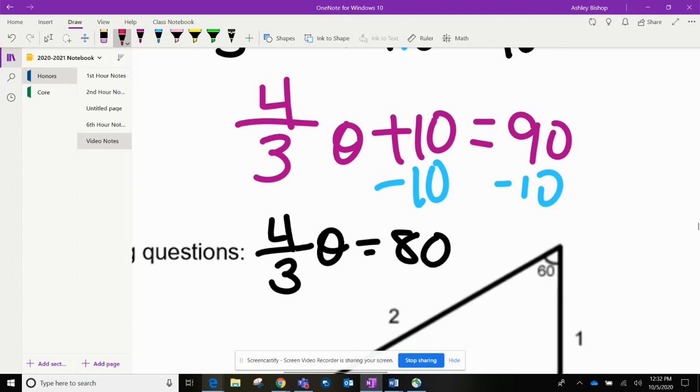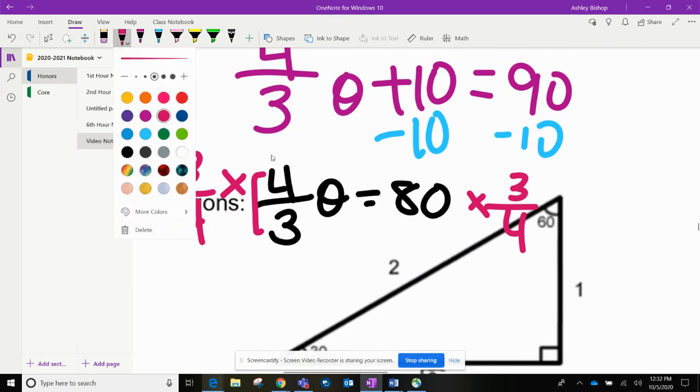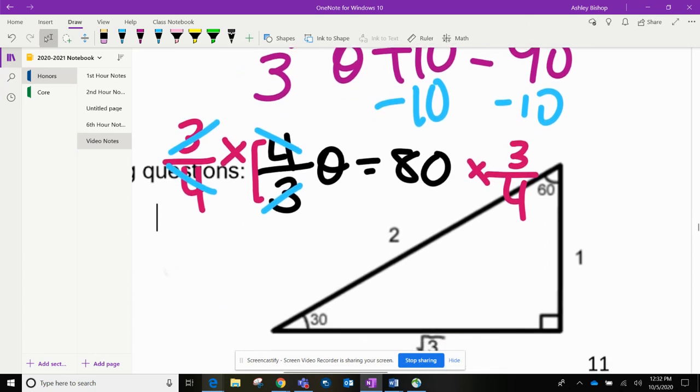In order to get rid of the fraction, we are going to multiply both sides by its reciprocal. Reciprocal means flip that fraction. So 3/4. Multiply both sides by the reciprocal because we only cancel diagonally and we want these to cancel. The 3's are going to cancel and the 4's are going to cancel. That means the fraction is gone. But what you do to one side, you need to do to the other. So I have theta